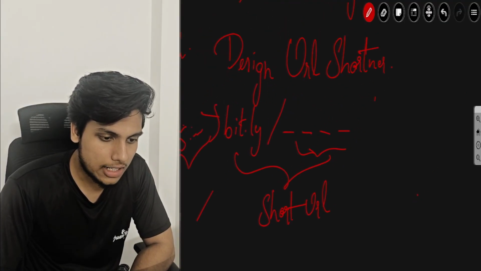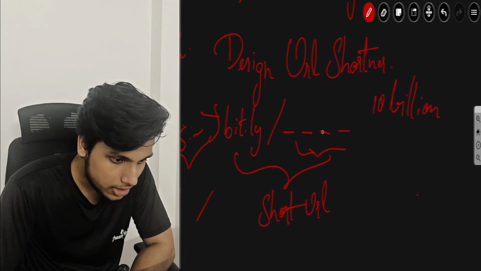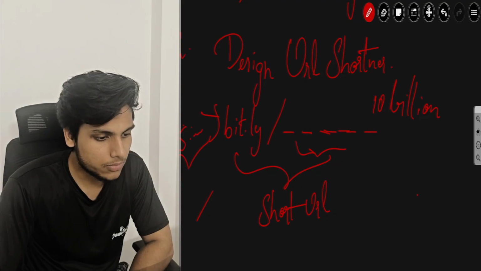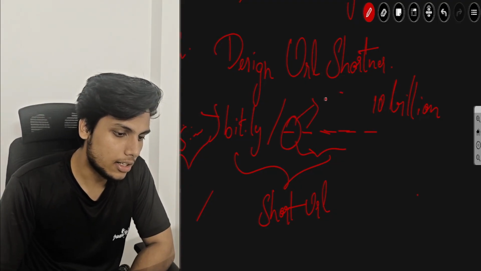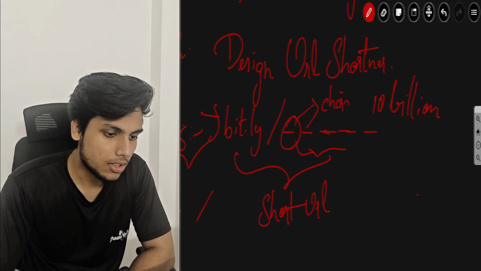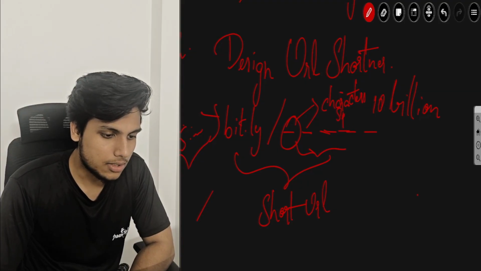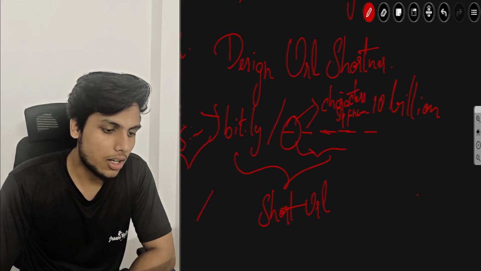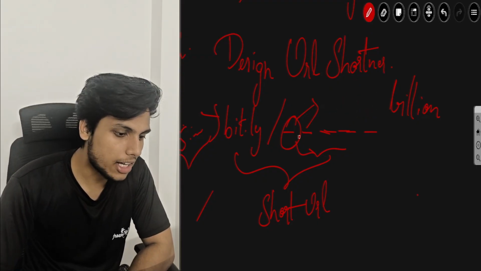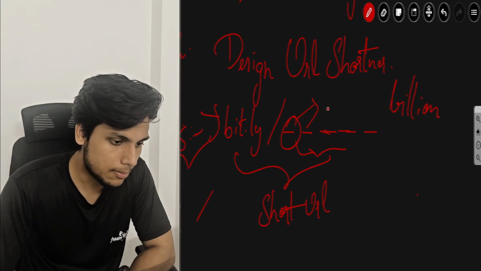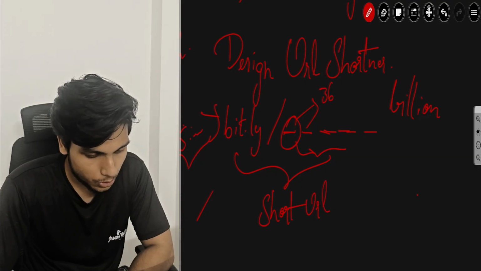Let's say if you want to handle around 10 billion addresses, how much length do you need to take here? Basically, he told me you can use any characters and numbers, including special characters. So if we consider only alphabets plus these 10 numbers, then you will get 36 possibilities for each position.